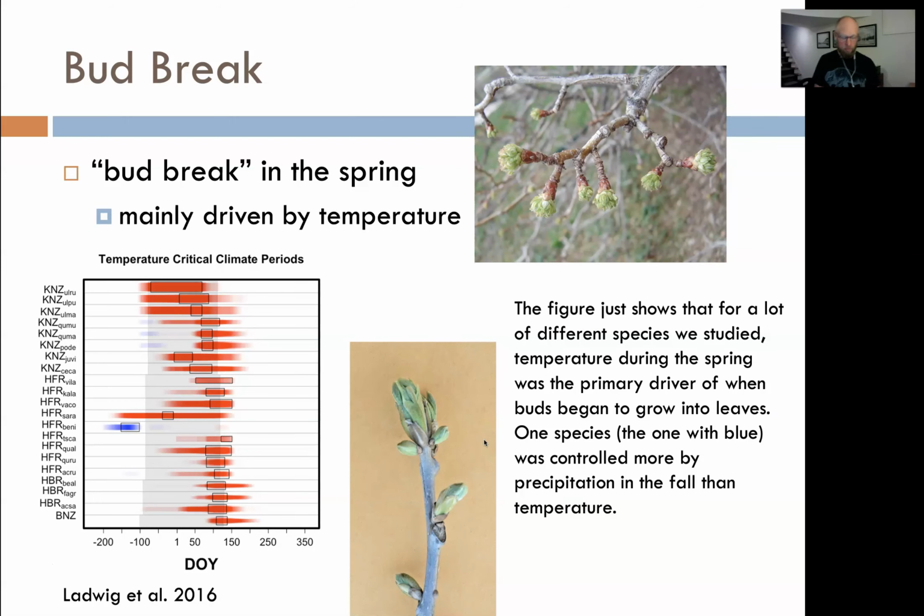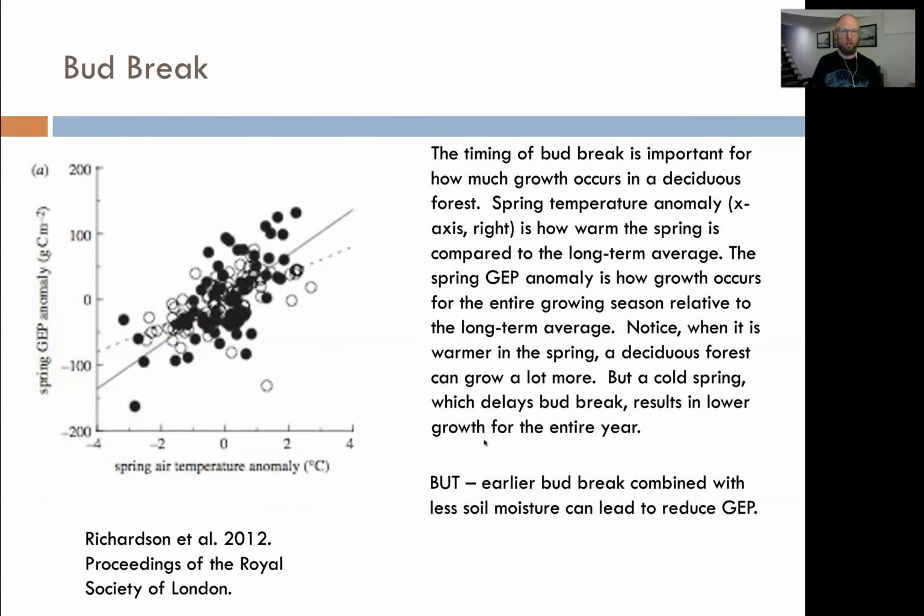This is important because as temperatures, and particularly spring temperatures, change, that's really affecting the timing of bud break. Because senescence is driven by temperature and day length, and day length isn't changing, that's kind of mitigating the timing of leaf senescence in at least some species. But with temperature being the driver of bud break, we're really seeing big changes in the timing of bud break